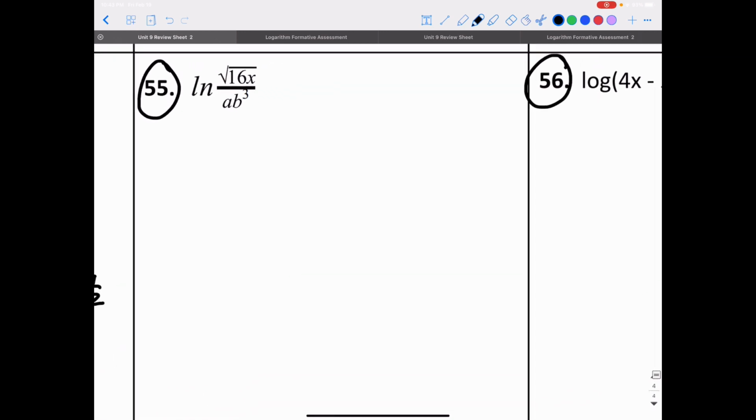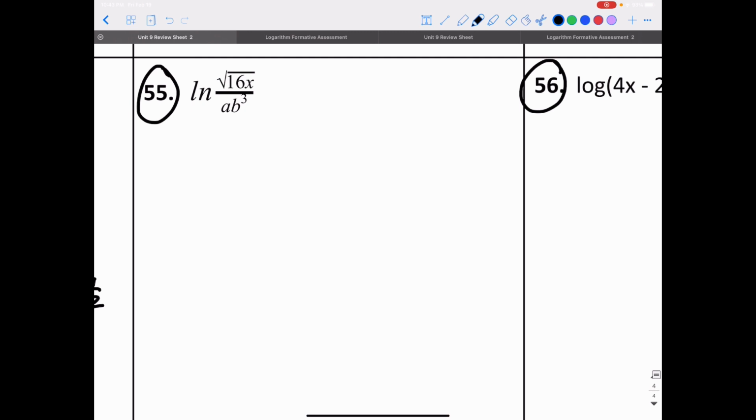For number 55, I have ln of the square root of 16x divided by a times b to the 3rd power. For this, not the whole thing is in a root, just the top. So the first thing I need to take care of is actually the division that's inside of this logarithm. I need to separate the top and the bottom. I do that with subtraction. So I do ln of the top, which is the square root of 16x, minus ln of the bottom, ab